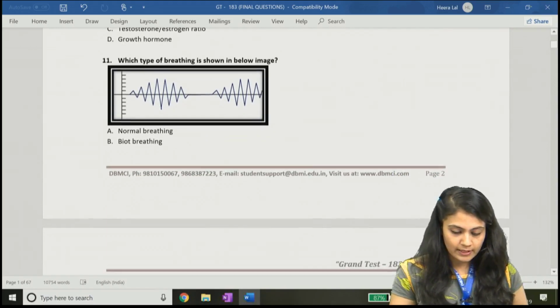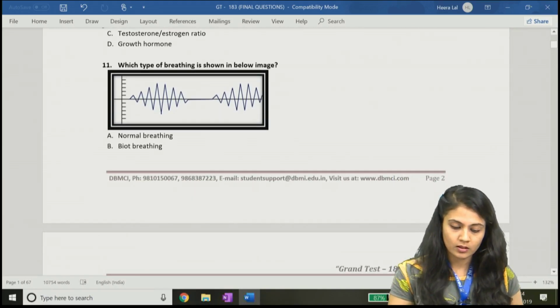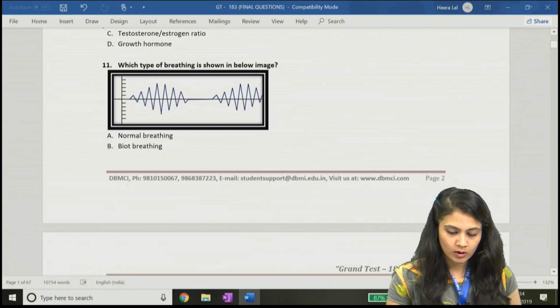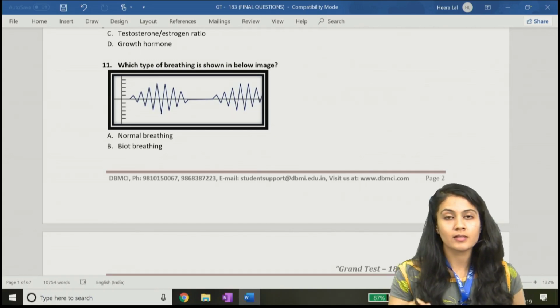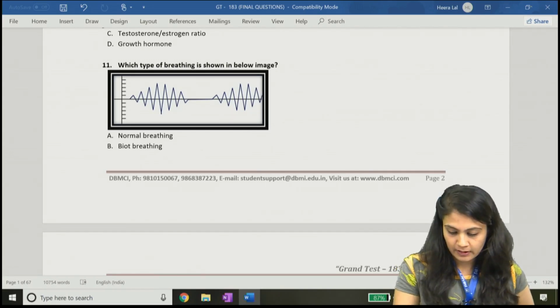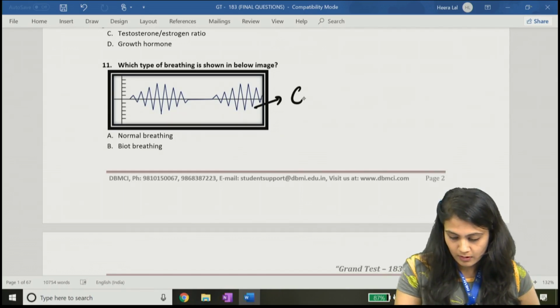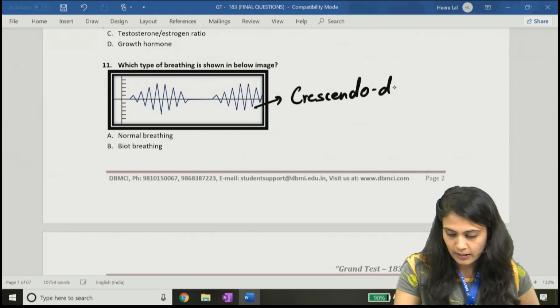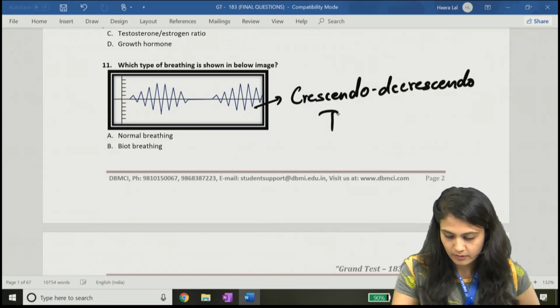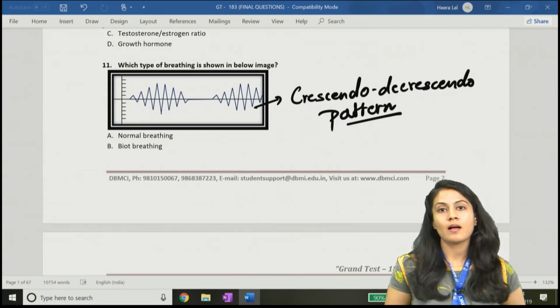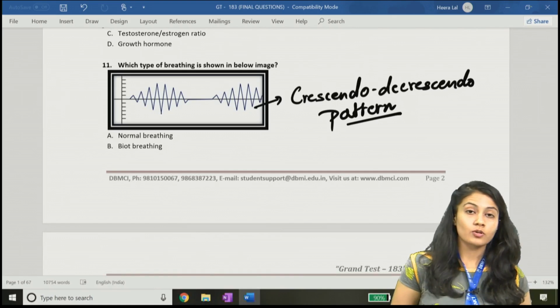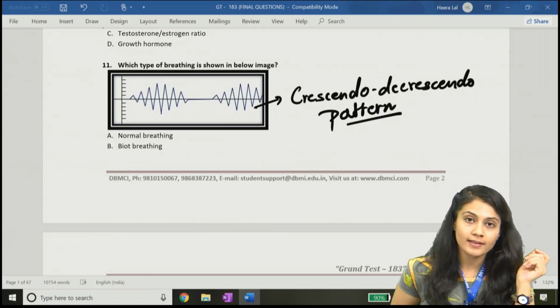Moving to the next question. The next question is all about which type of breathing is shown in the below image. Remember, this is a typical pattern of breathing. It is the crescendo-decrescendo pattern of breathing. This was an AIIMS exam question: the crescendo-decrescendo pattern of respiration is seen in